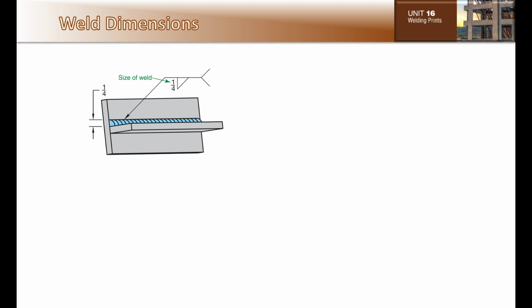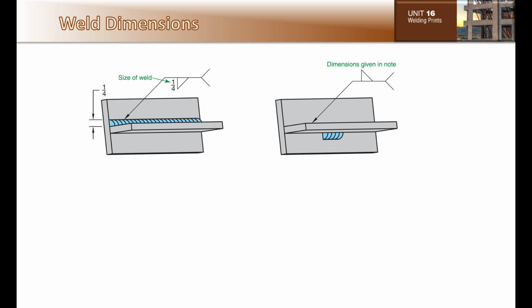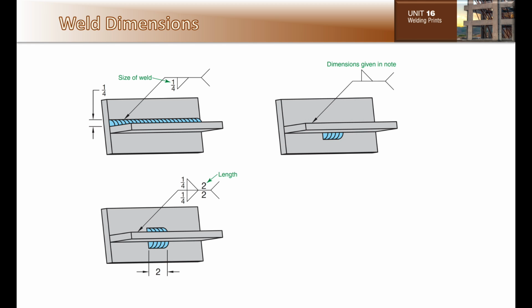A weld can also have dimensions specified with the symbol, as seen here with this 1/4 inch continuous weld, or noted here a shorter weld, and if a specific dimension is required, it would be noted like shown here with 1/4 inch weld both sides times 2 inches long,